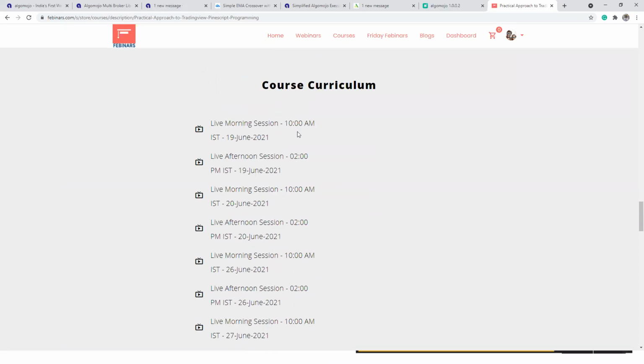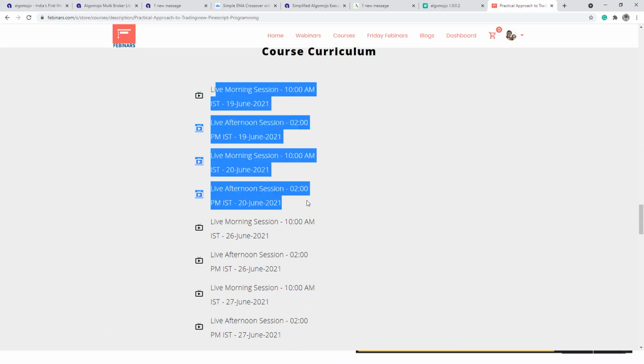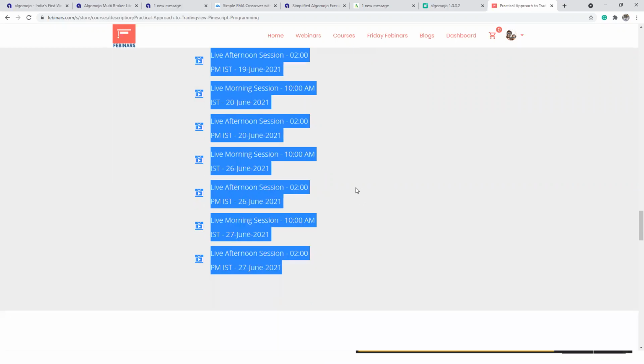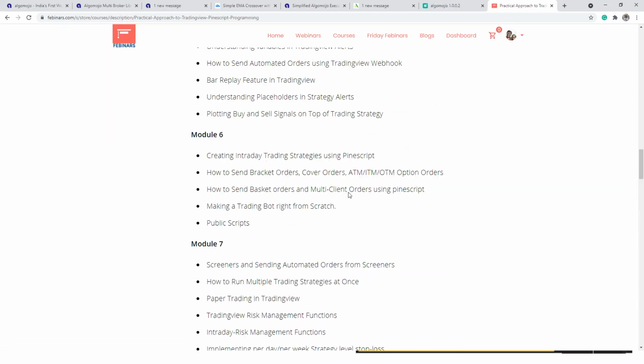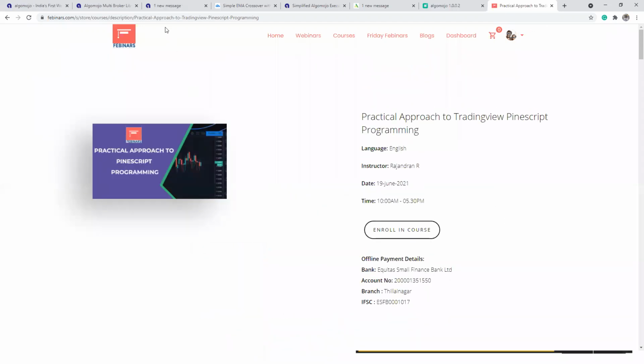We are doing almost 2 weeks of sessions, total 4 days. 4 days, every day we will be spending closely 5 hours. That is, here it is 5 hours, again another 5, another 5 and 5, total 20 hours of session. You'll be learning the most basics of Pine script right from scratch. And this course is practically designed for coders itself. If in case you're curious, you can go and check out the link here. I'll also share the link as well.